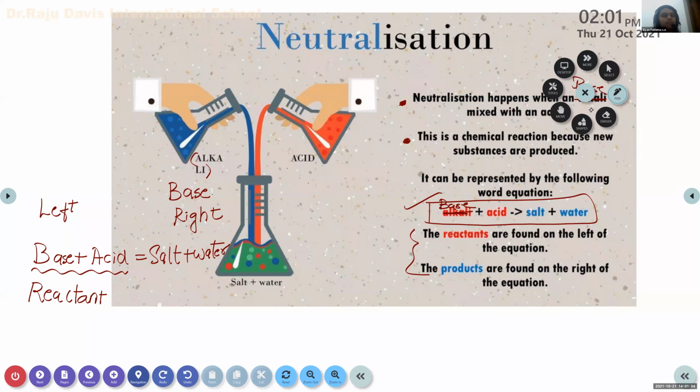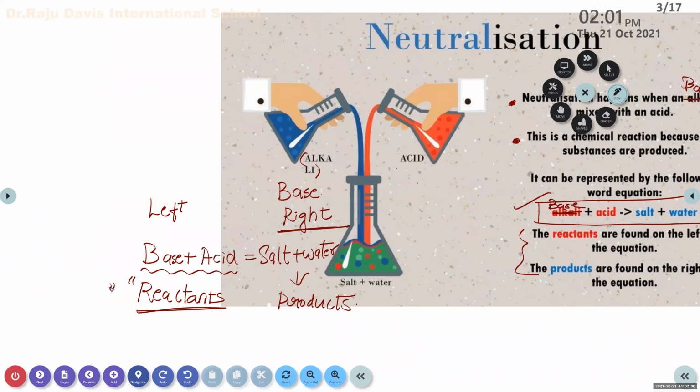You just keep all these terms in your mind. It will be helpful for your higher studies. So the terms that we write on the left side are known as reactants. The terms that we write on the right side are known as products. Whenever you write an equation, all the terms present in the left side represent whom? Reactants. And what you obtain after combining these two are called products, and products should be written on which side? Right side. Okay, that's all.